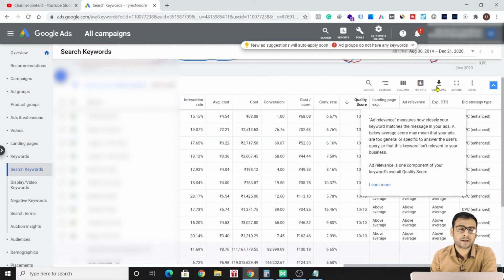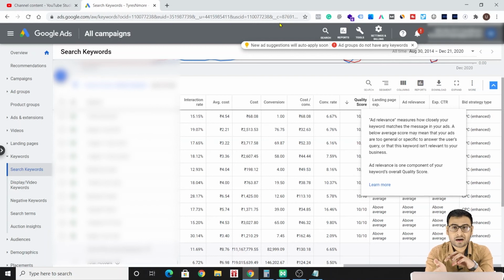Now what is this expected CTR? Expected CTR means: if your ad is showing up in the search results, what will be the expected CTR? It comes from your past data, what kind of ads you designed before and how they performed earlier.